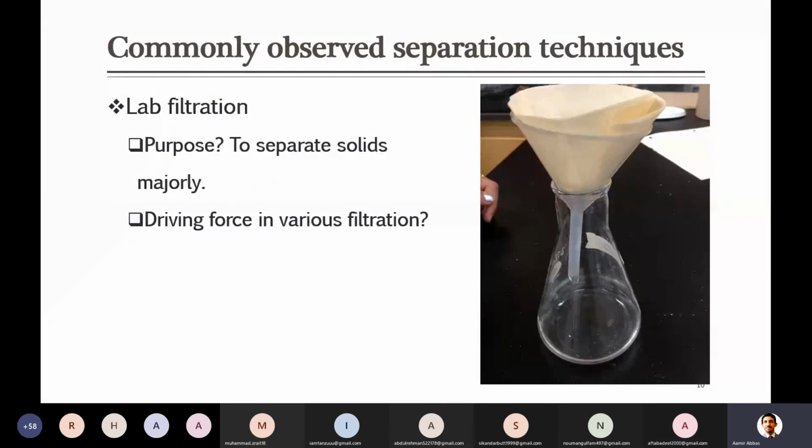For your information, the force of gravity here means sometimes we want to go for quick filtration. For that purpose, you apply vacuum here. Definitely that will be a bit different. You connect your flask and the filtration system with a vacuum pump, and when you start that pump, vacuum is applied, pressure is reduced, some suction is created, and the liquid can quickly pass through the pores of the filter and go down.